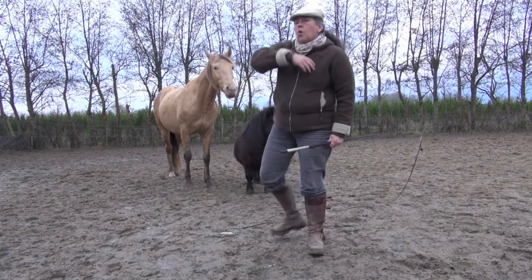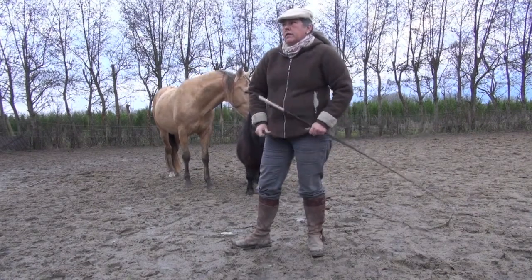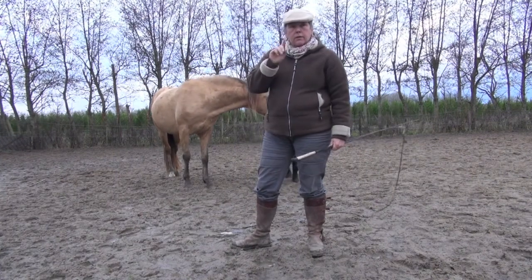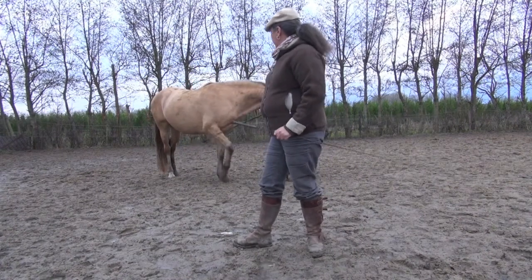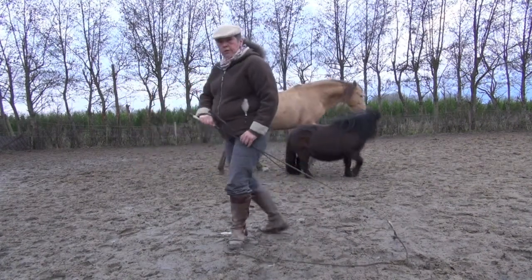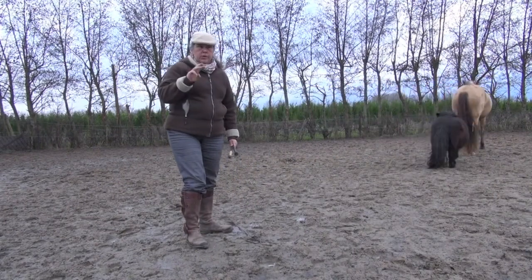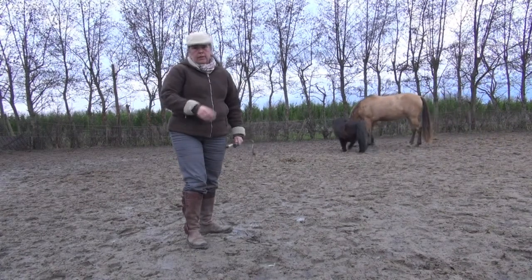Don't do this all the time. Do it 3 times. In the clinics, in the workshops I give, I use the magic of 3. The magic of 3 is from the fairy tales, where they have 3 wishes, and the first wish I want all. The second wish they have to make the first wish